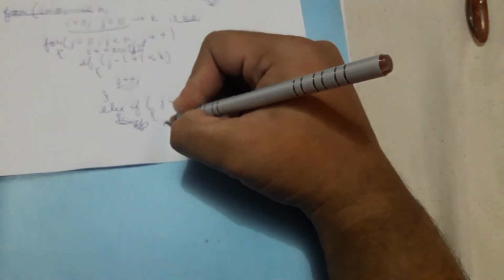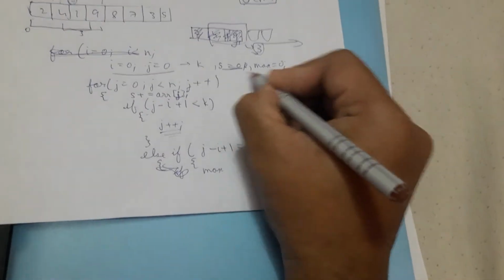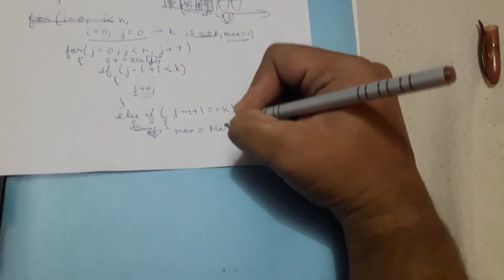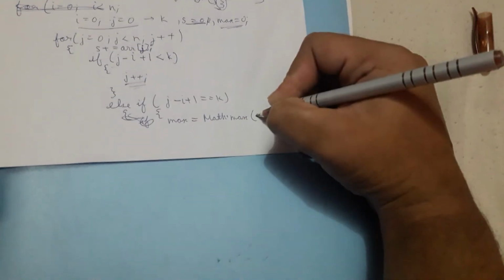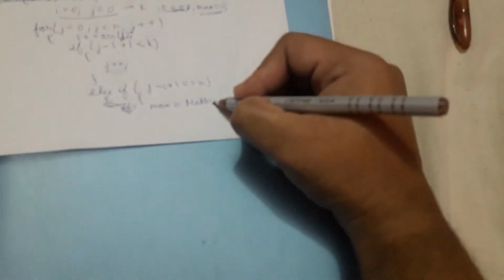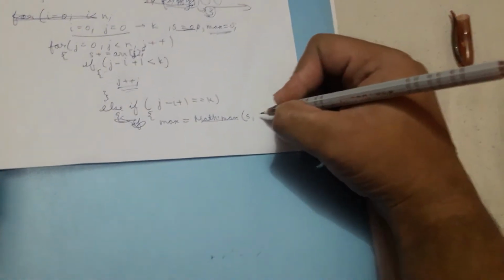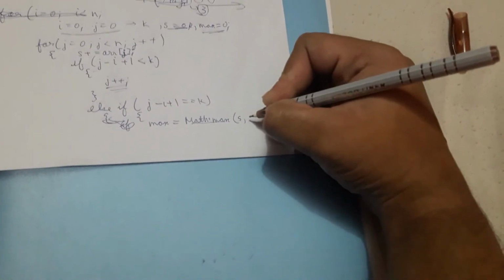What will I do? First I will find the maximum. I'll take another variable over here, max equal to 0. This will basically store my maximum sum. Each time this will get updated as and when a new sum is encountered. So we will say max equal to Math.max. I'm using Java syntax, so I'm using the Math class, Math.max; in Python you would simply use max. In JavaScript you would also use the same syntax. I'm aware of these three languages. Other languages also have similar functions.